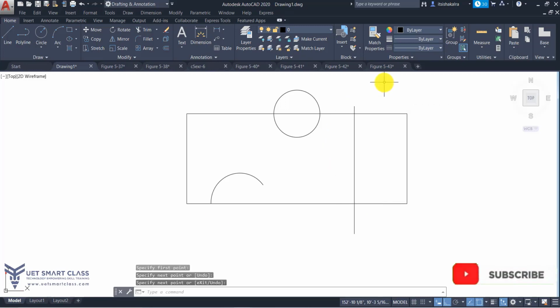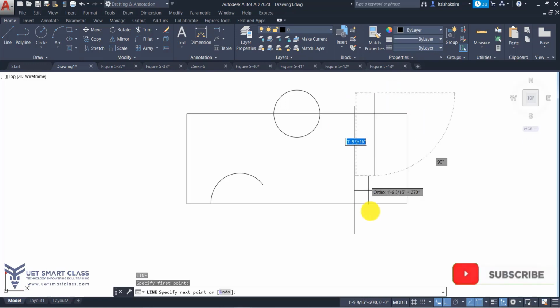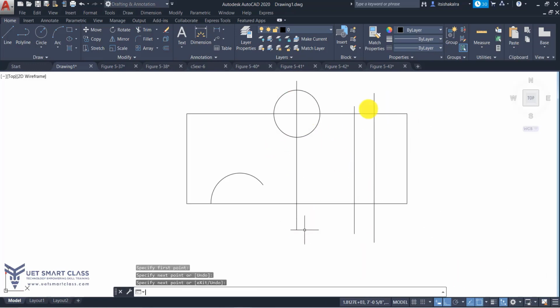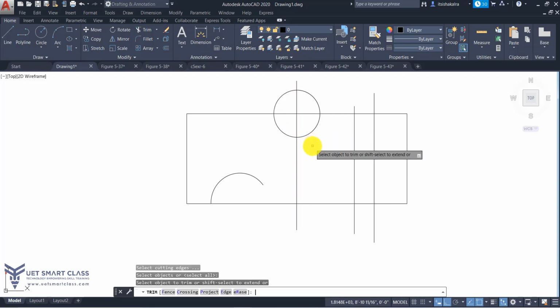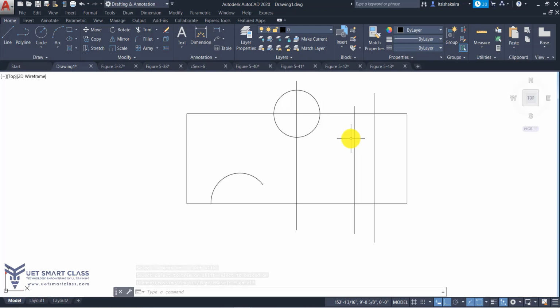If I have lines here, in this case, I have to select a particular edge to trim. I have to select a cutting edge. This is my cutting edge wherein I want to trim this side or this side. But in this case, if I select T or double enter, it will cut in pieces. Every edge would be a cutting edge for it. So this will be one part, this will be the second part, this will be the third part, this will be the fourth part. This is one cut, this is two cut, this is three cut. So at times double trim will be very beneficial for you, but most of the time single trim will be used.